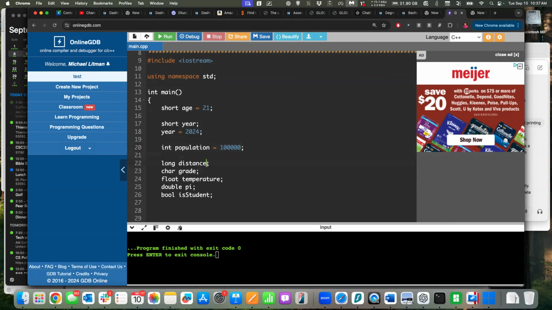Okay, distance, how far something is. Now, they mentioned this is for a longer distance because a long can hold humongous values, much bigger than 2.1 billion. So at the very least, I can do 300,000, that's 3 million, that's 30 million, that's 300 million, that's 3 billion, which is bigger than an int could hold. Make sense? So if I had this as an int,